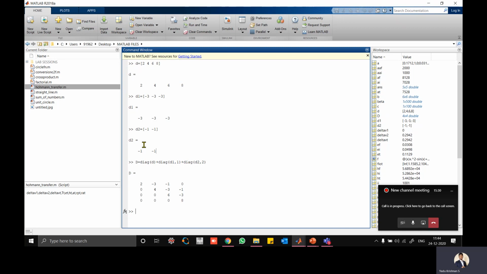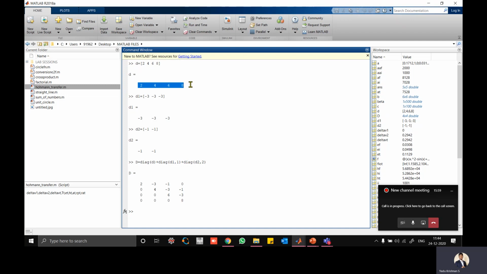Now the position of the diagonal is very important, right? So diag of D means look at the main diagonal, D, 2, 4, 6, 8. That means 2, 4, 6, 8 will be the diagonal of a matrix. The size is not required because 2, 4, 6, 8 means it has to be a 4 by 4 matrix automatically. 2, 4, 6, 8 is the diagonal, so it has to be a 4 by 4 matrix.